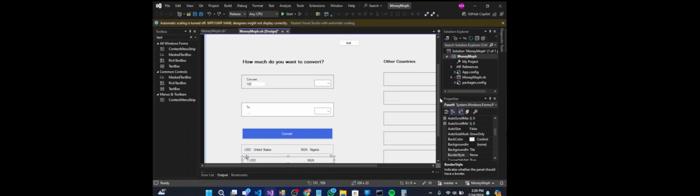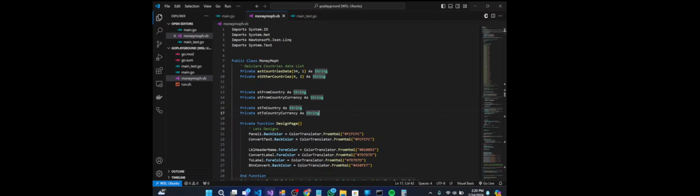Let's see this convert here. Let's come here. In this data bindings, you can see we give it a name, btn convert. That is the button to convert. Let's go to our code. I'm using Visual Studio Code because it is easy. This is our code here, but it is easy to access your code in Visual Studio Code because it is the text editor. You can see this one is not that easy to read. So we go to Visual Studio Code. Now we are finding the btn convert. Now when we write the btn convert code,